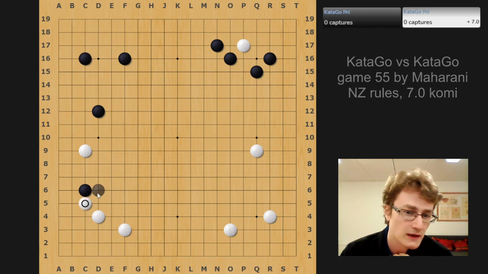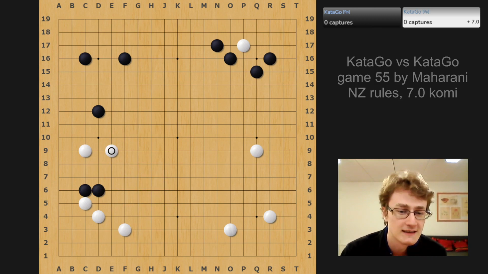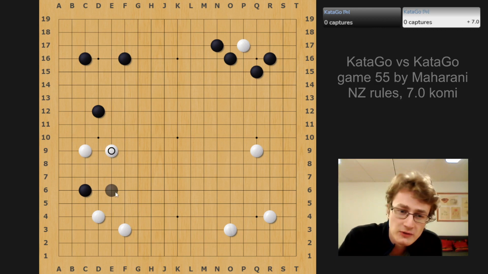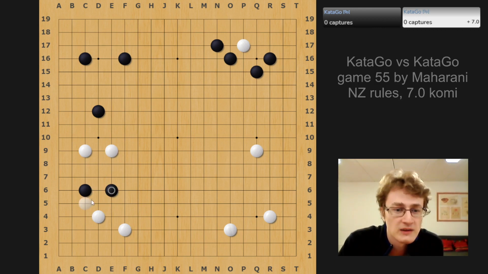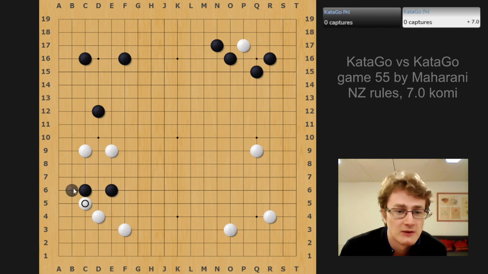And then we could almost think of kicking as sort of helping black to move out faster. Notice that d6 is one line closer to the center now compared to c6. So it's almost like white is kicking and saying, okay, if you want to run out into the center here, be my guest, but then I get to kick now. And now it's a bit more awkward because the local shape here is to drop down to the second line,